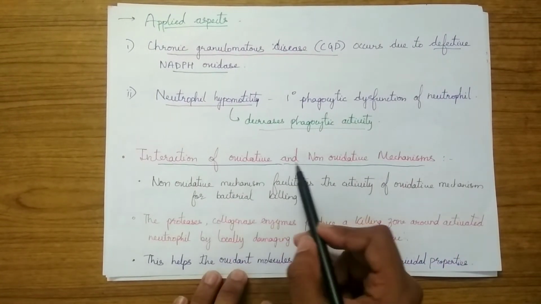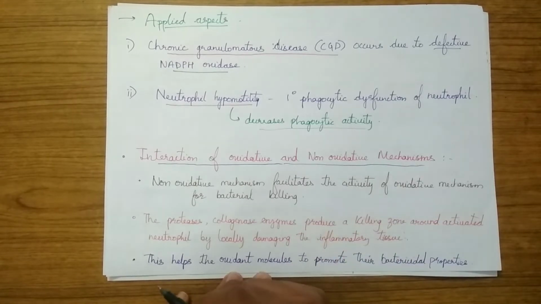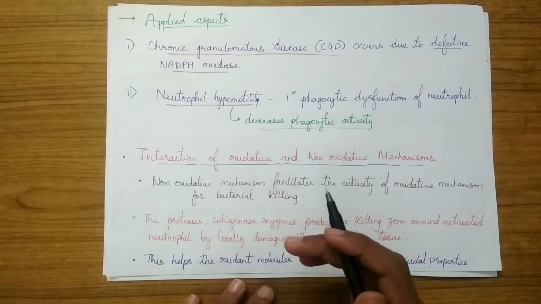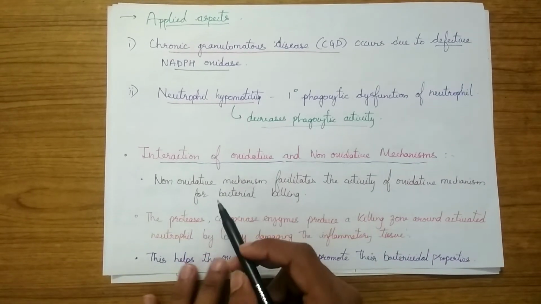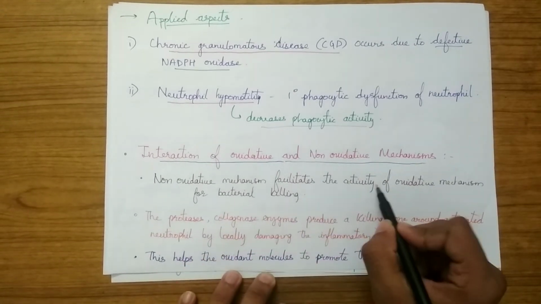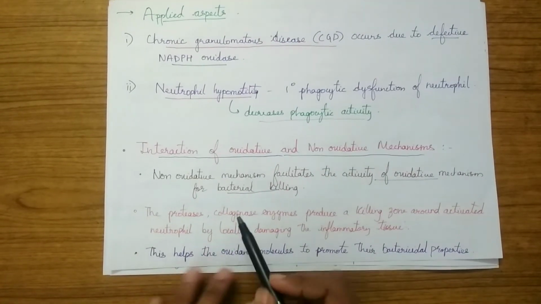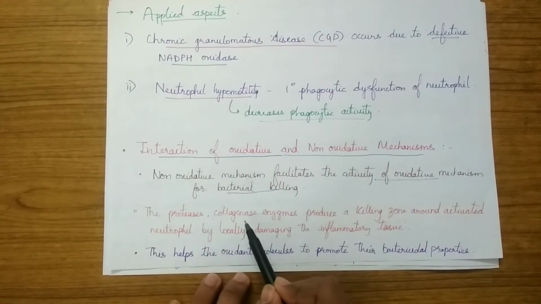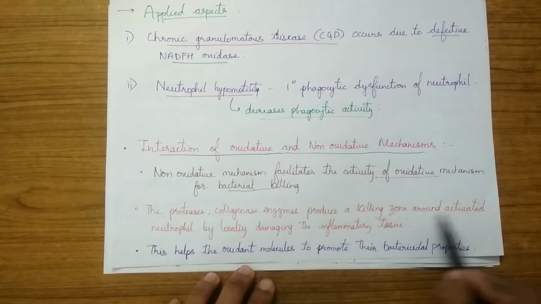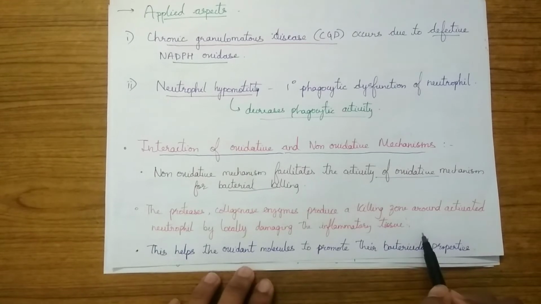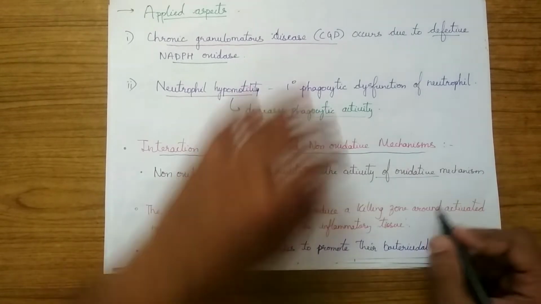The interaction of oxidative and non-oxidative mechanisms. They run both hand in hand, due to which the process is enhanced. The non-oxidative mechanism facilitates the activity of the oxidative mechanism for bacterial killing. The proteases and the collagenase enzymes produce a killing zone around the activated neutrophil by locally damaging the inflammatory tissues. So we can understand this